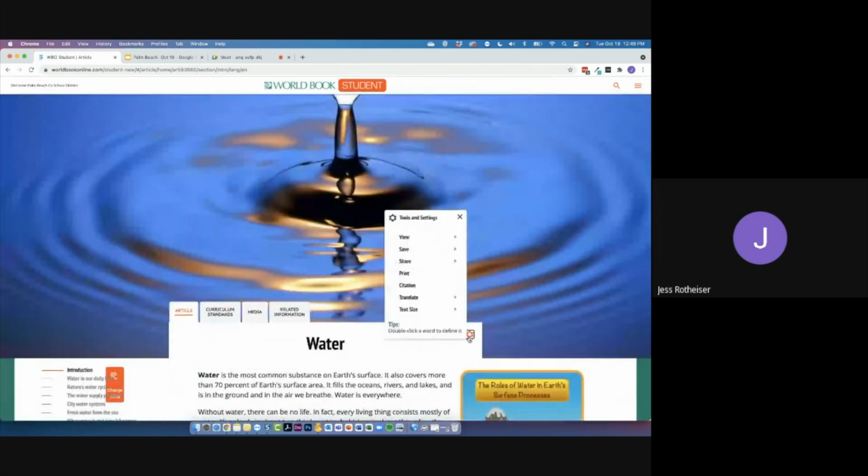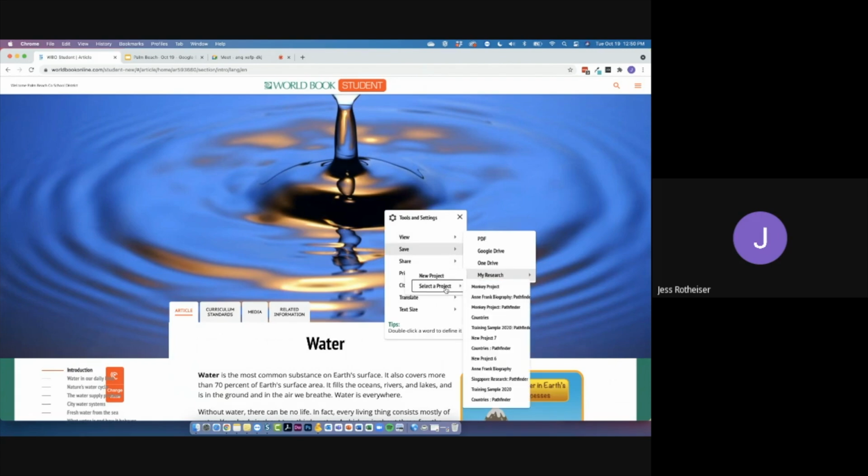And then the best tool, I think, maybe not the best, one of the best tools on Student is going to be under Save. And that's the My Research feature. My Research is a virtual backpack, essentially, where students and educators can create folders to save content from throughout Worldbook. So you can create as many project folders as you want,